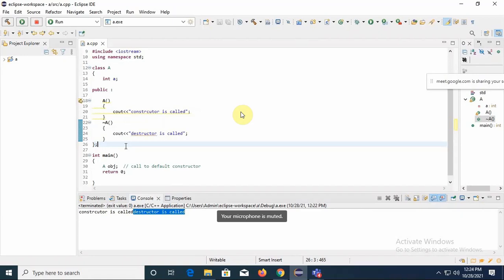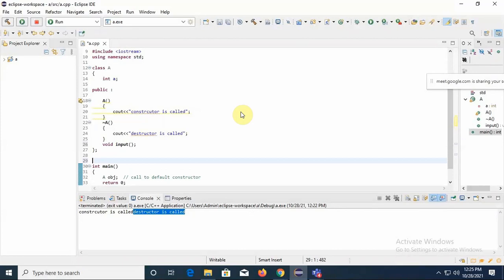I will demonstrate one more thing here. For example, I will take one function, void input, and I will write the definition of that input outside the class.